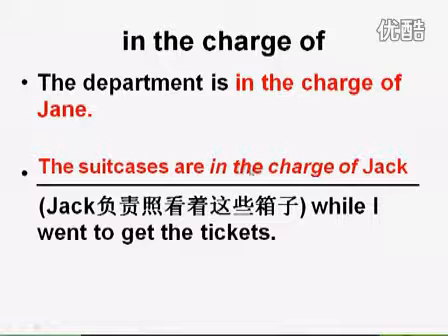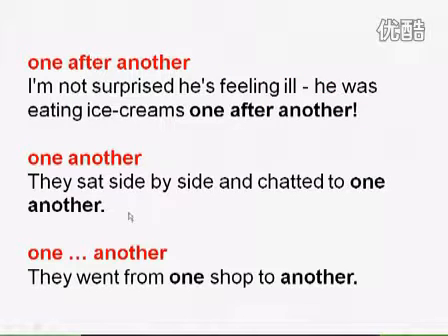Are in the charge of Jack. 由谁来控制负责？由谁来照看？那么主语是事物，对吧？好，所以希望大家把这两个来分清。